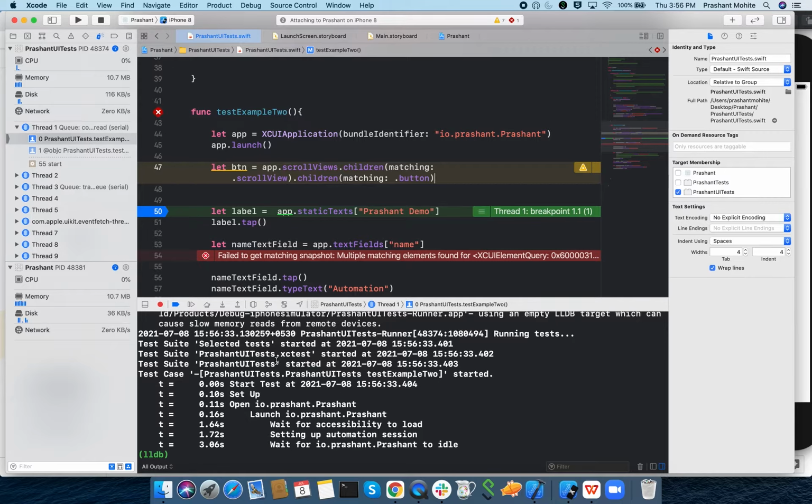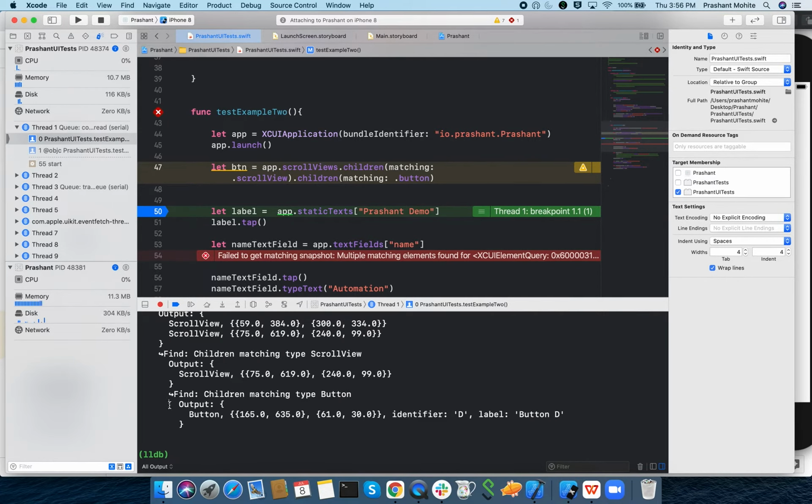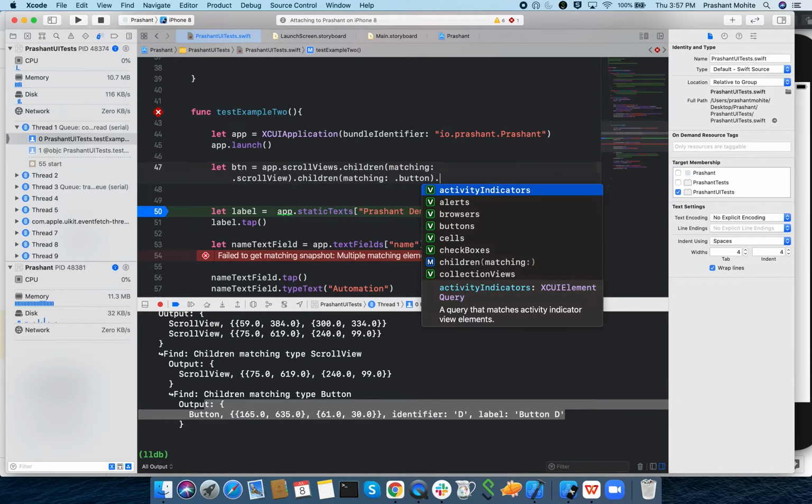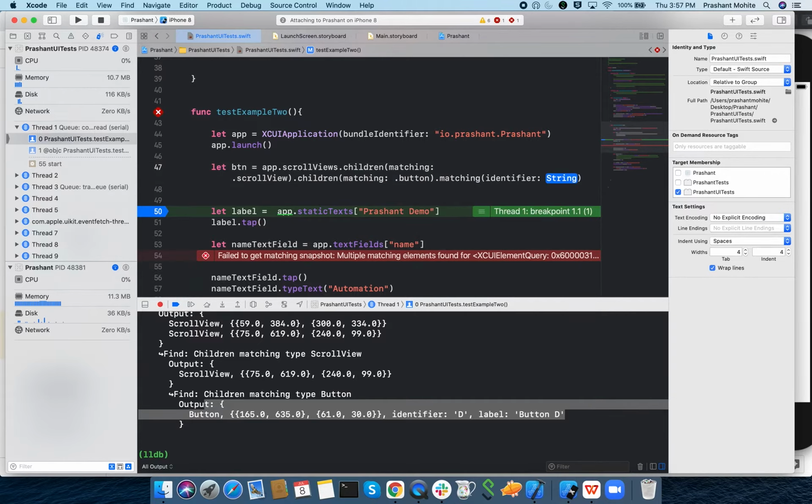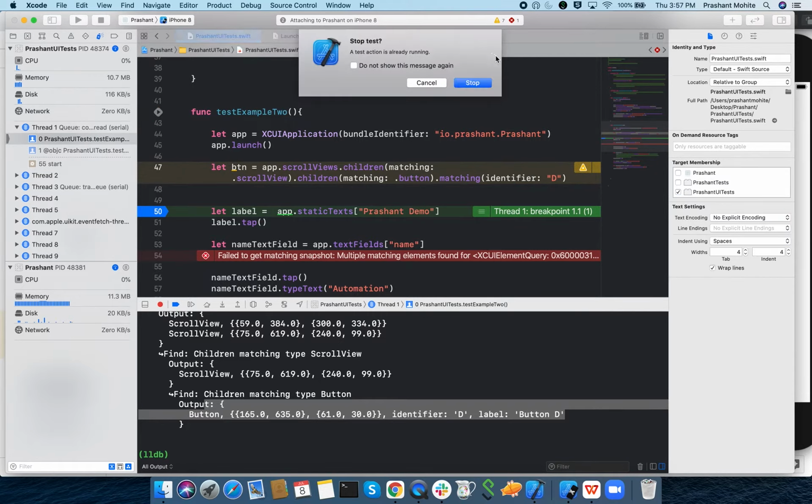Now if I go here and say give me the button, it should find one button which has the identifier D and label as D. I can also mention matching identifier here, but obviously I have only one element, so I don't need to provide the element ID. But if I do, this will also return the same element.